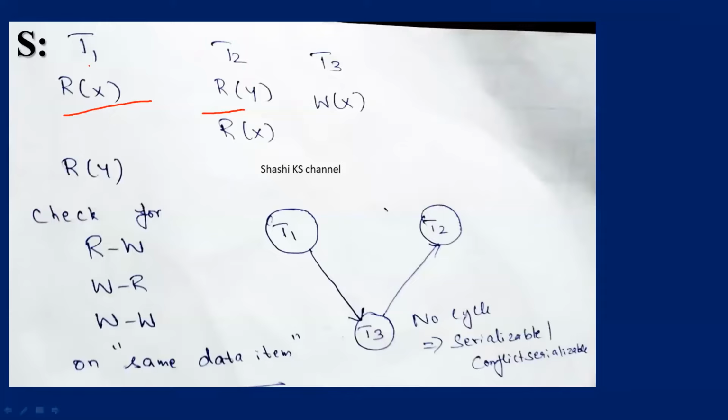So either T1 would be executed before T2 starts or T2 will be executed fully before T1 starts. So even if I change the order from T1, T2, T3 to T2, T1, T3, the same problem will arise. So this given schedule is not satisfying the initial read condition, and so this schedule is not view serializable. Okay. So the answer for this question would be it is conflict serializable, but it is not view serializable.